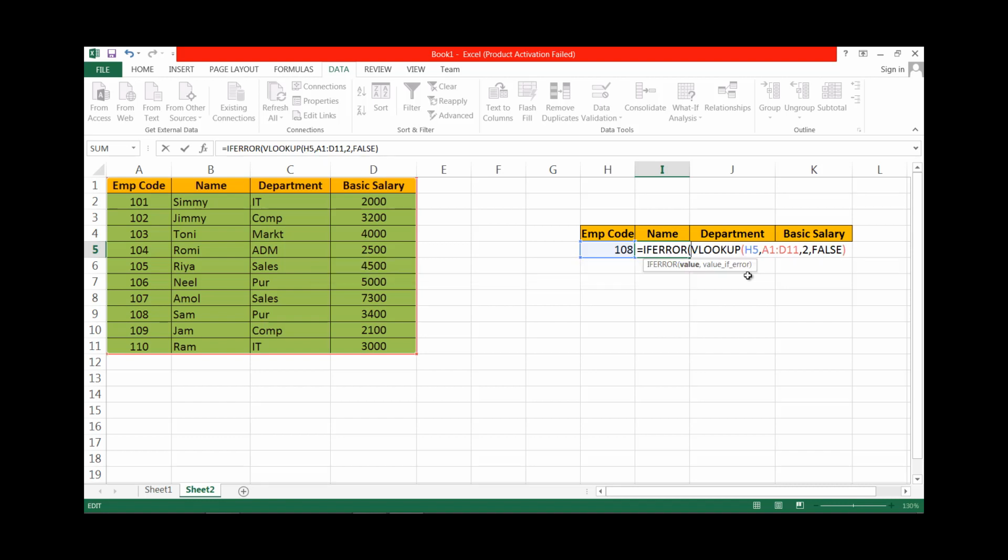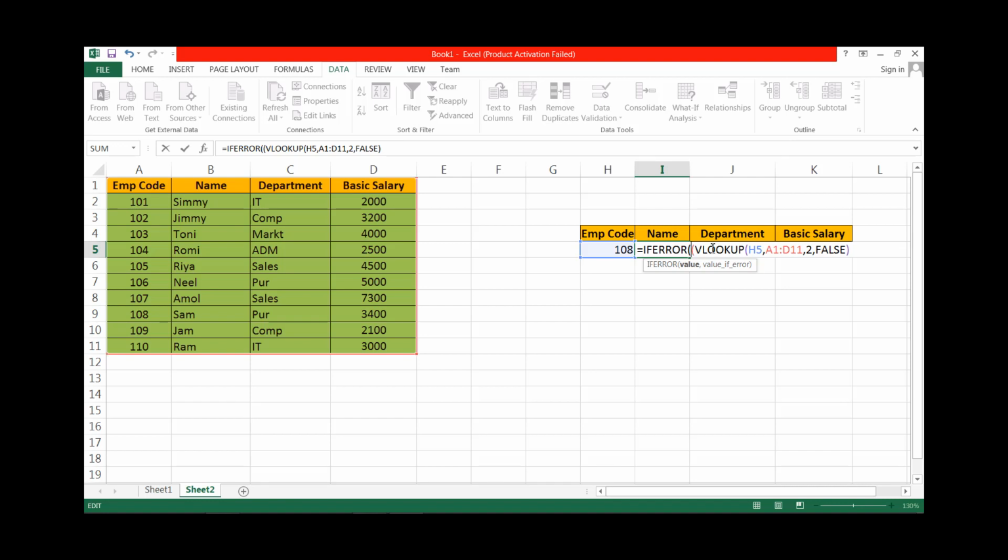Okay, if it is true, then it will search VLOOKUP, comma, if this one is the value, and if error, this value, then IFERROR.